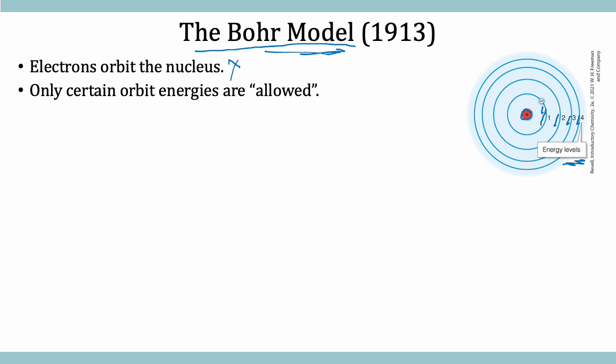Another thing that the Bohr model specified is that only certain orbit energies are allowed. These are called energy levels. Why? Because they have different levels of energy. Energy level number 1 has the lowest amount of energy, then number 2 has more, number 3 has more, number 4 has the highest amount of energy. So the farther you get from the nucleus,